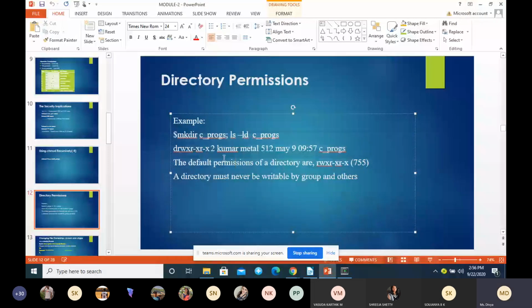Who is the group owner here? What is the name of the group owner? Metal. Okay, so this is the group owner name.